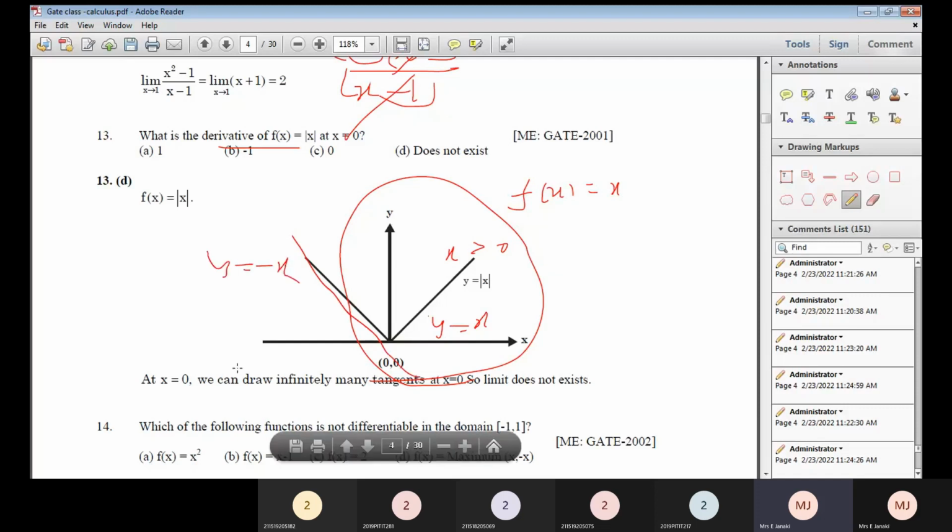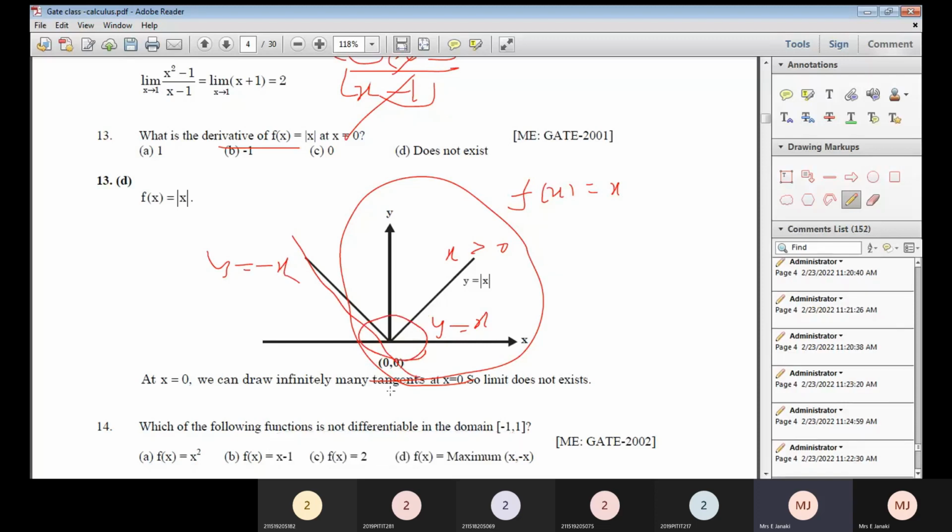Now at x is equal to 0, at that point you can draw infinitely many tangents, so the limit does not exist. At the particular point x is equal to 0, that is the origin, we can draw infinitely many tangents. Whenever you can draw infinitely many tangents, it means the limit does not exist. The limit does not exist means the derivative